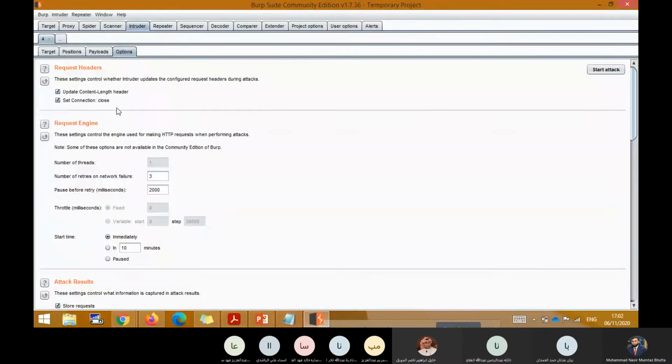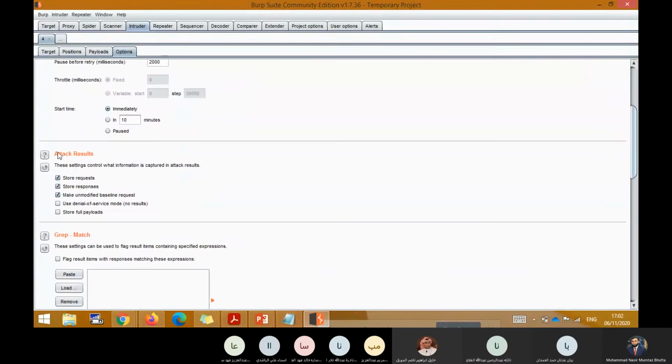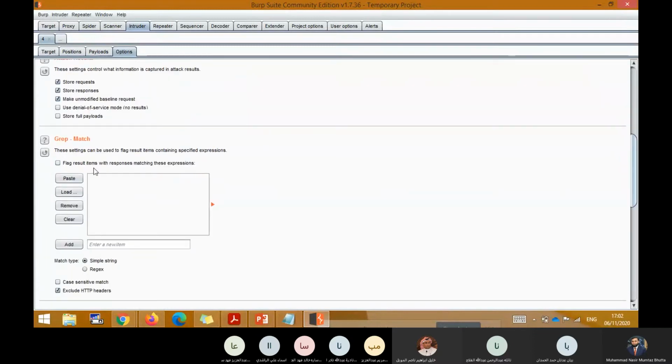And what I do, I go to grep match here. I go to grep match here and I say the same what I get. I add it here and I say flag results item with the responses matches these expression. So it means if